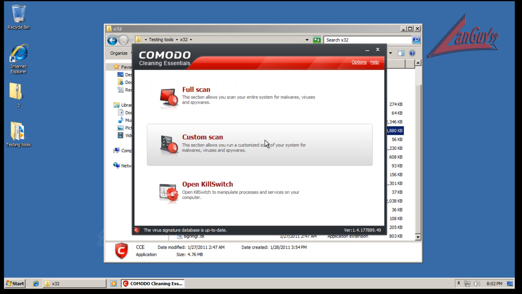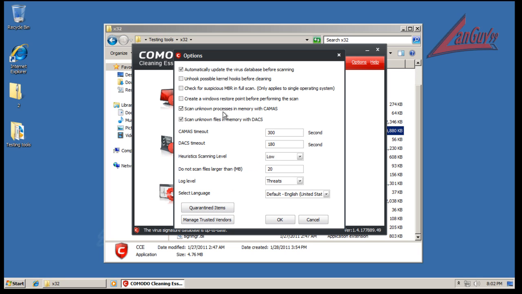Comodo Cleaning Essentials is really meant for advanced users. And in the future, it's probably going to get easier to use for normal people. But right now, if you don't know what you're doing, please don't use it. You can do more damage than good. That's my little spiel. So if you click on options here, you can actually see some of the new things